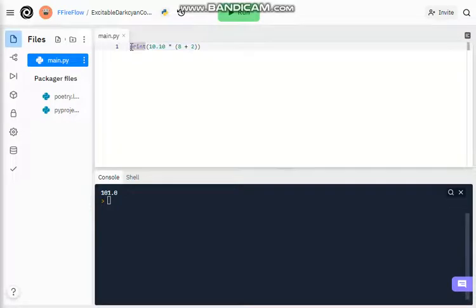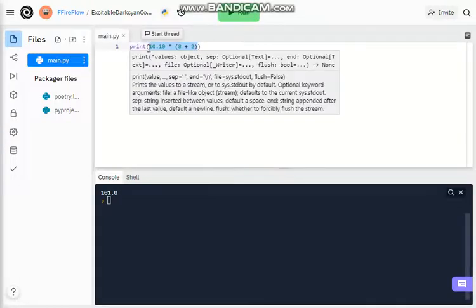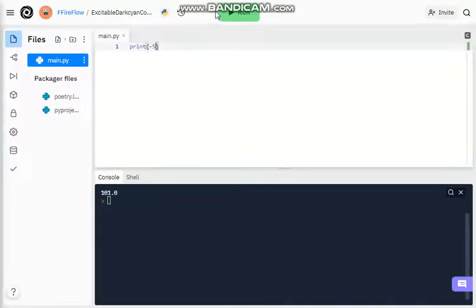Okay, so for example, you probably have heard of negative numbers. So you probably think this would make an error. No, this will actually print out -5. Same thing goes for a variable equal, let's just say